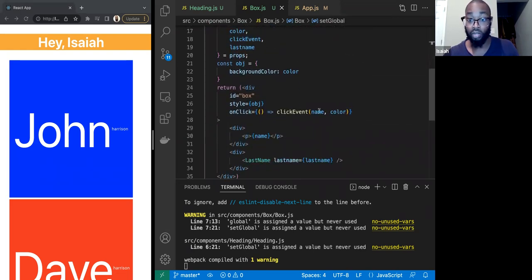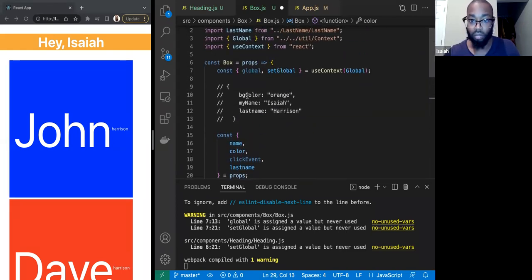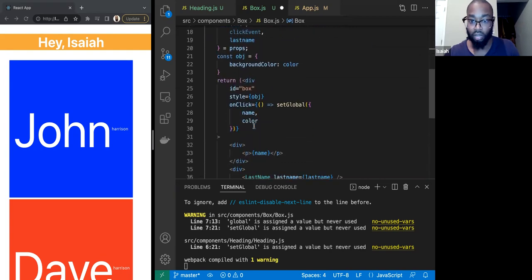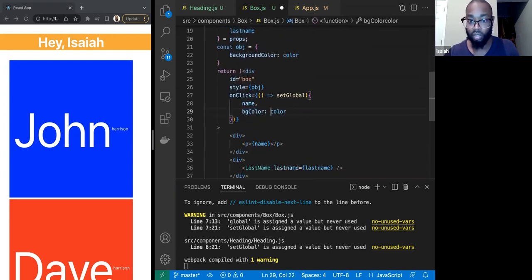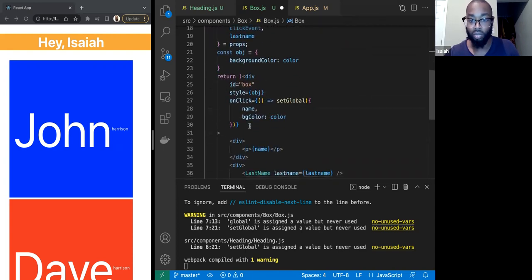So instead of using click event, on click, what I'm gonna do is say set global, and I'm going to pass it an object, and BG color is going to be color, and my name that's inside of global is going to be set to name, and